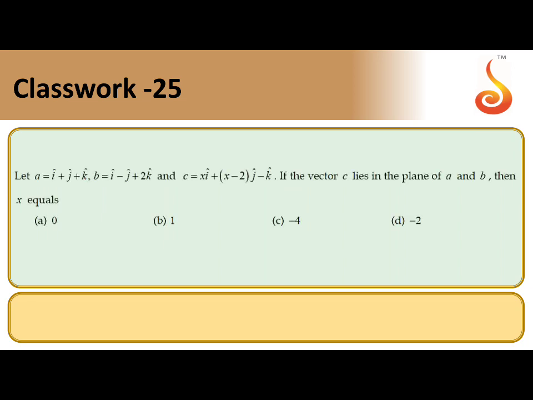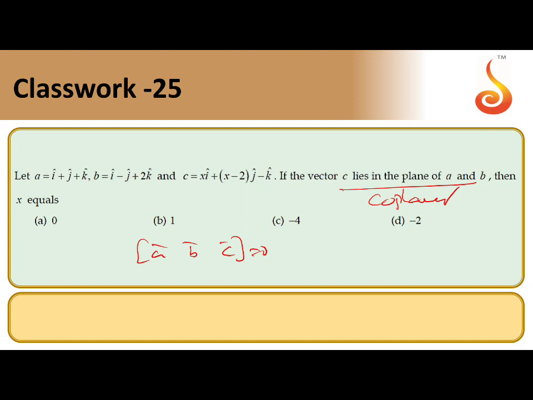So A, B, C are three vectors. C lies in the plane of A and B. What is the value of X? C lies in the plane of A and B means they are coplanar. When the question is given, what is the condition for coplanar? What is the data? Read the question properly and take the proper formula and solve it to get the answer. Here A, B, C are given three vectors. C lies in the plane of A and B, so they are coplanar. So coplanar means box A, B, C equal to 0. That means determinant equal to 0 to get the value of X.